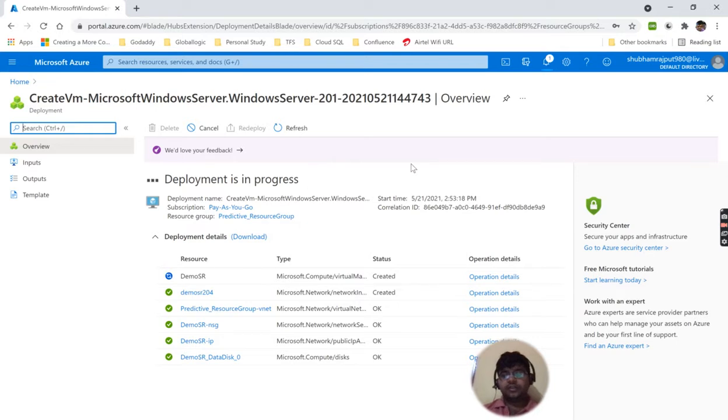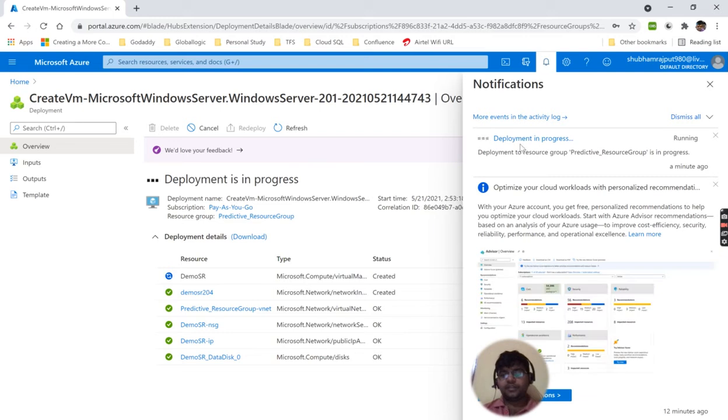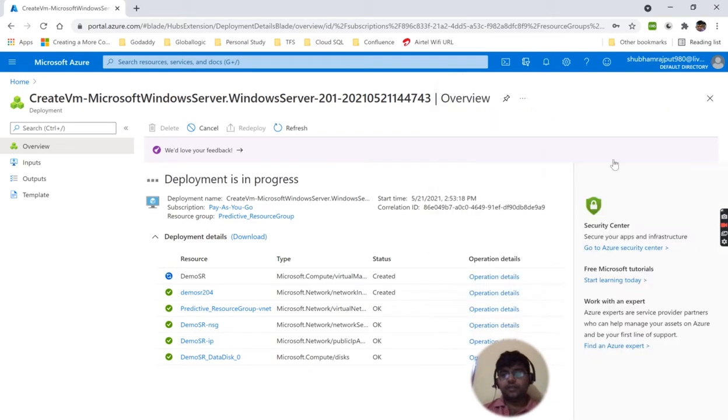So actually it will take about 2 to 3 minutes to complete its process. Deployment is in progress, as you can see. When I open it, I have to remember the ID and password which I provided at the time of creating the virtual machine on the first slide. So I have to remember that.